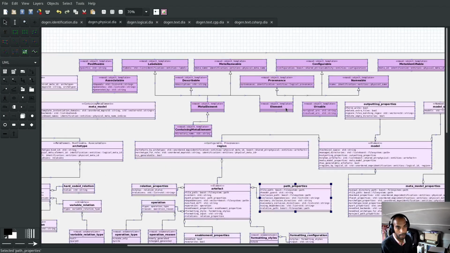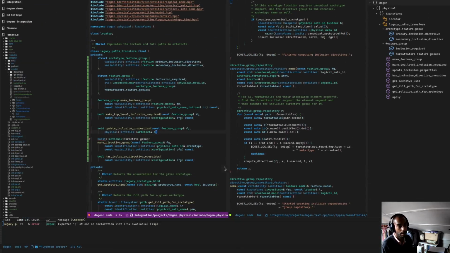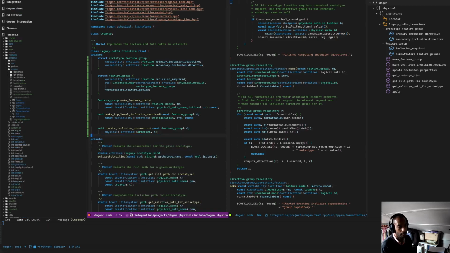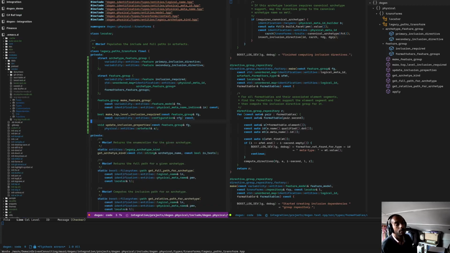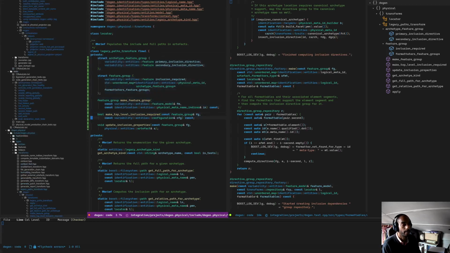What does an element do? It is configurable. Okay, so it does have a configuration, which then means we don't need this and this. So the idea then being that we first create the features, and then per archetype, we will go and update